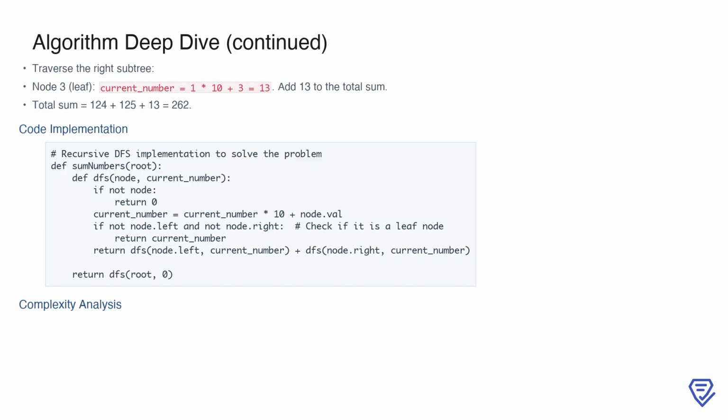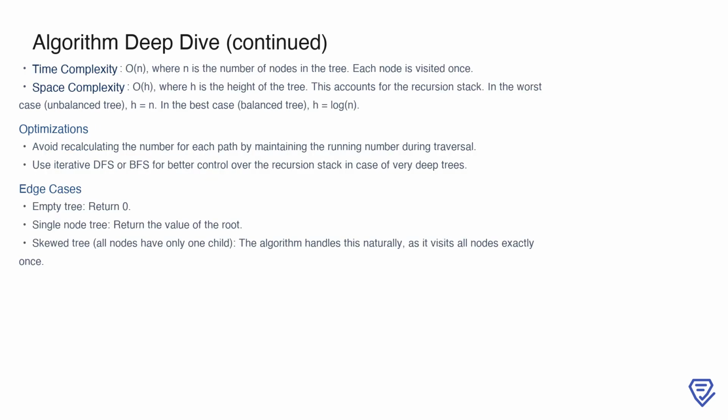If the node is a leaf, we return the running number. If not, we recursively call the function for the left and right children and sum their results. The final result is obtained by calling this DFS helper function starting from the root with an initial running number of 0. Analyzing the performance of this algorithm, the time complexity is O(n), where n represents the number of nodes